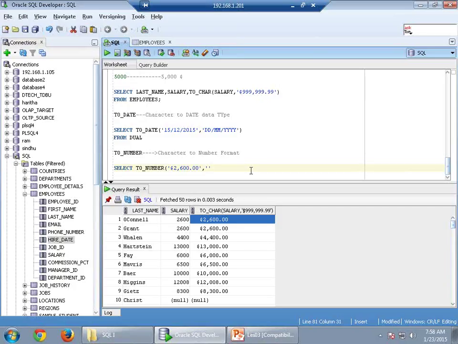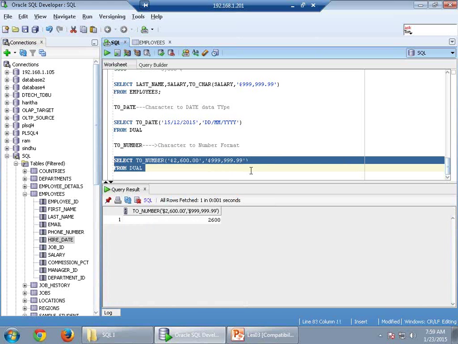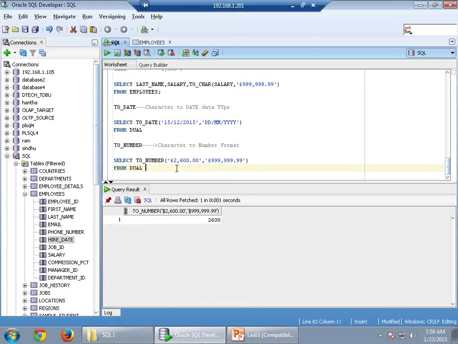You're representing a dollar symbol, and when you say I have a salary, something is in this format. Let's say this is the format of my character that is being displayed. You're basically separating the details here from dual. So when you try to execute, see here I have a dollar symbol, comma, decimals and everything, but